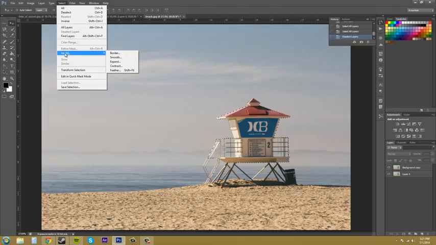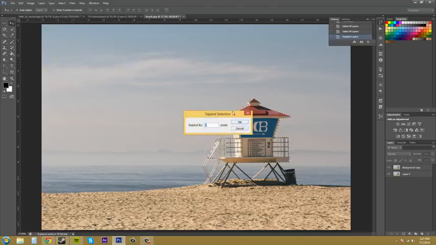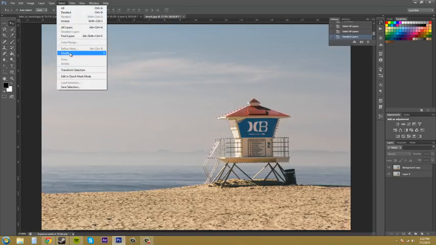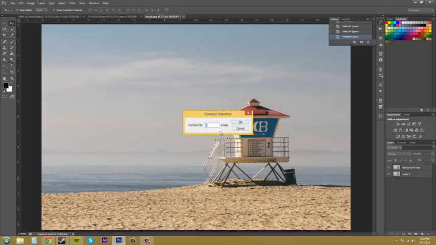So it pretty much lets you modify the border by expanding or contracting it. So we'll just click on one, we'll go to expand, and then it asks you by how many pixels you want to expand your selection. So if you're cutting out your selection and it has too much background information in it somehow, you can go in and make the selection smaller. You can contract it down,